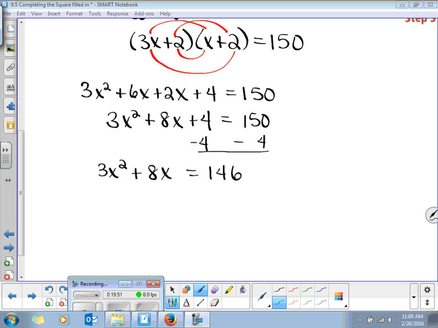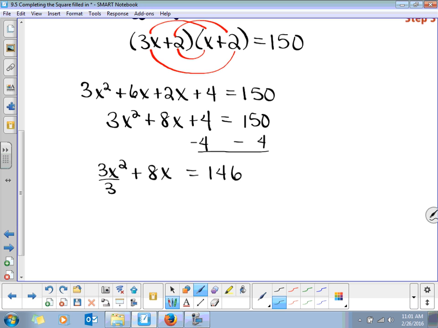Here, the coefficient in front of the first term, a, has to be equal to 1. So it can't be 3, so now we're going to divide each term by 3. So, divide by 3, divide by 3, divide by 3. So this is going to give us now x squared plus 8/3 x is equal to,